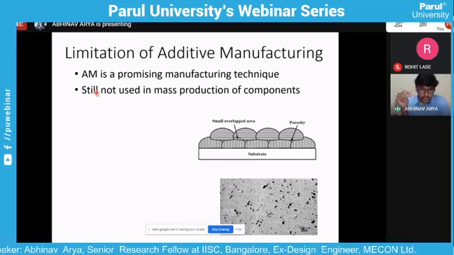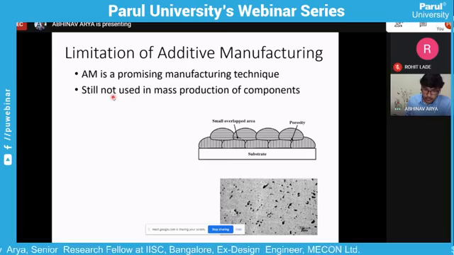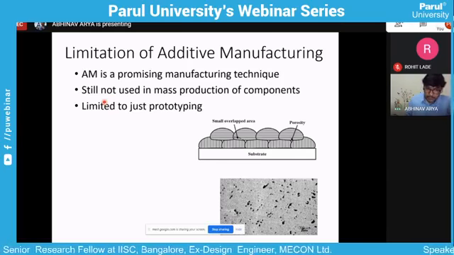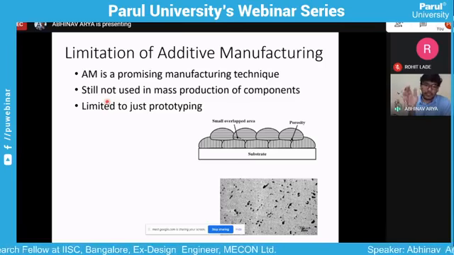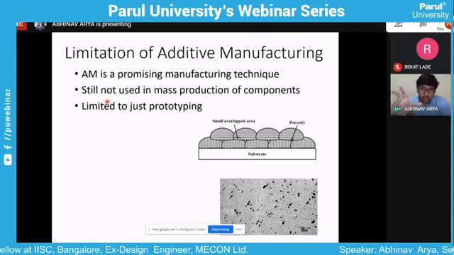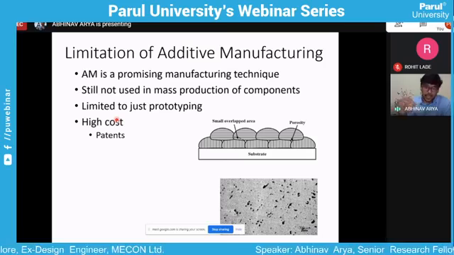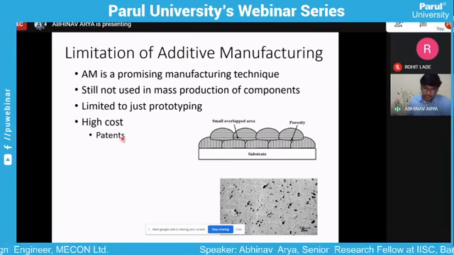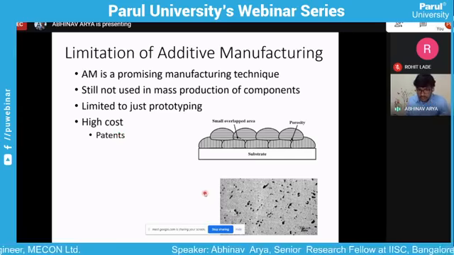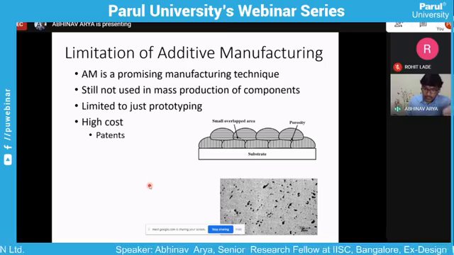This process that I'm talking about, additive manufacturing, is mainly used in prototyping or where only one or two components are required. It is still not used for producing mass components. Why? Because there is a very high cost involved in it, and the reason for this high cost is the patent. Currently all the printers that are used in additive manufacturing